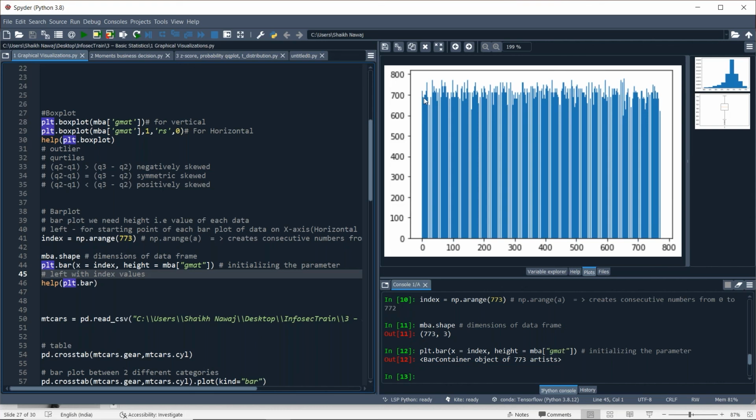From this bar plot we can't really draw one interpretation.